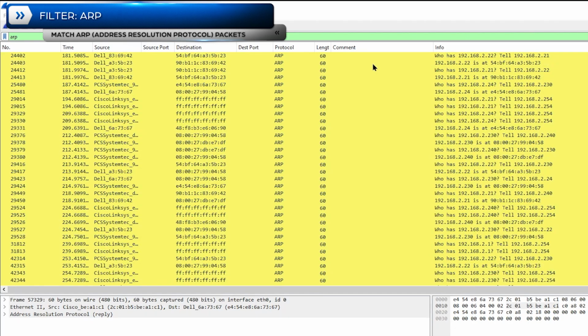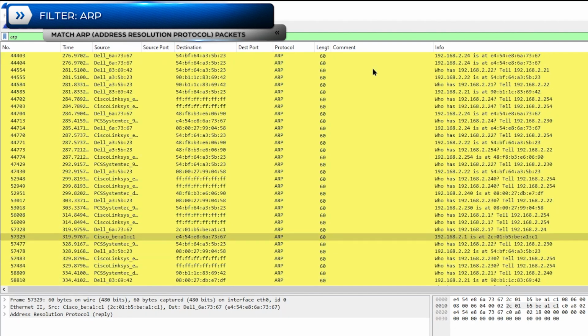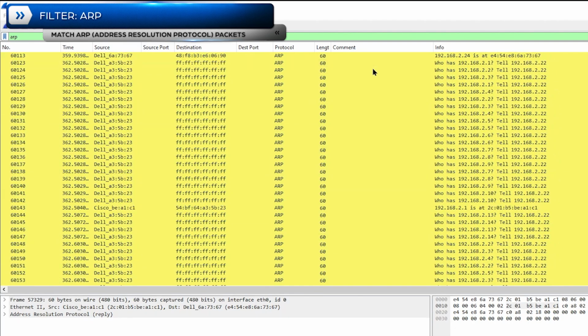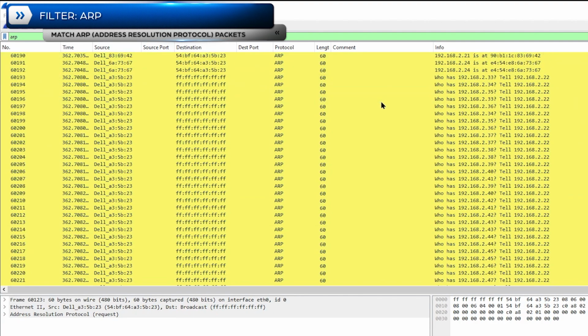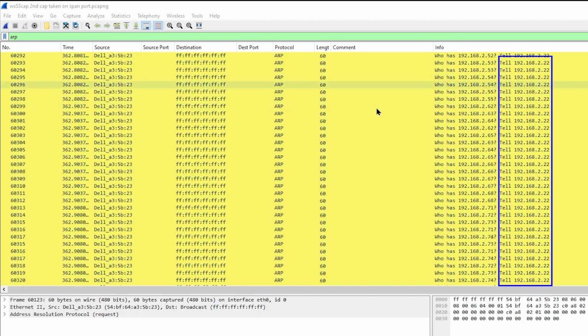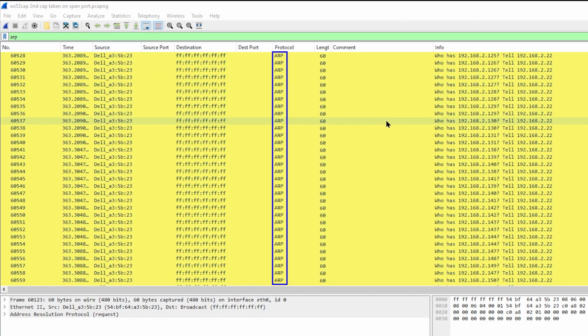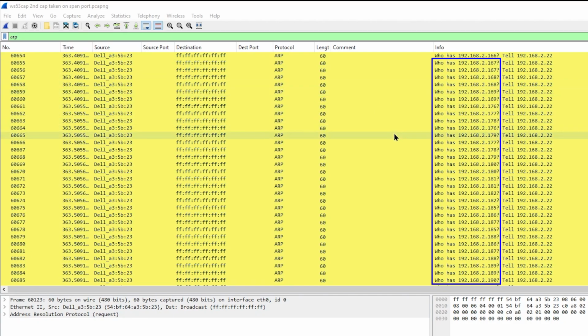So now let's look at ARPs, just to see if there's another port scan here somewhere. As I'm scrolling through, all the ARPs look pretty normal up to packet 60123. Then what we see is 192.168.2.22, which we know is our port scanner, is sending out a lot of ARPs starting at .1 and then going all the way to .254 on the